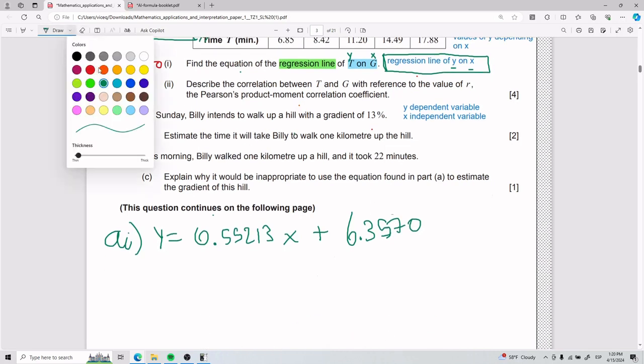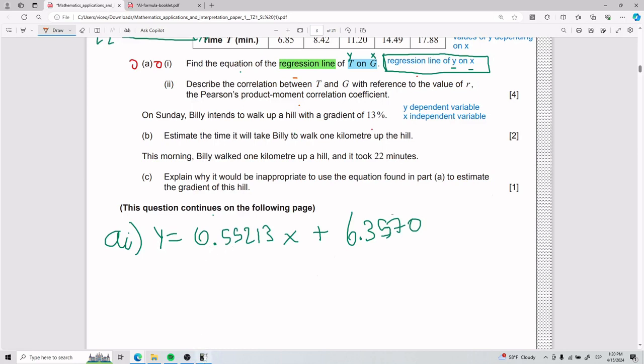Technically, if you want to do significant figures, you count from here, 1, 2, 3, skip the 0, okay? And this one, do you round it up or keep it the same? You keep it the same. So the first one, if you would like, you can leave it as 0.52x plus, count 1, 2, 3. Do you round it up or keep it the same? You round it up, so you can leave it as